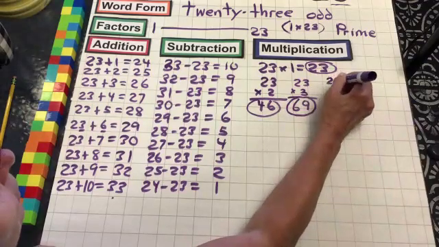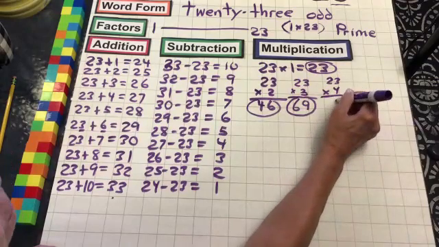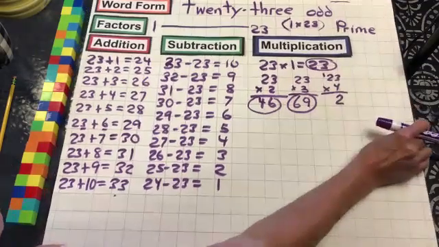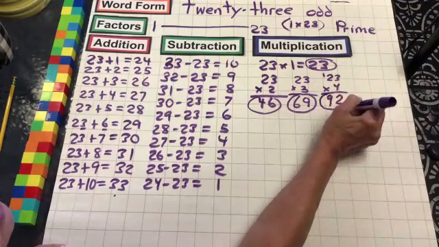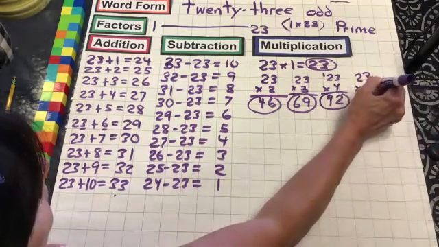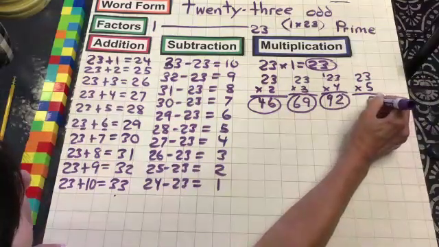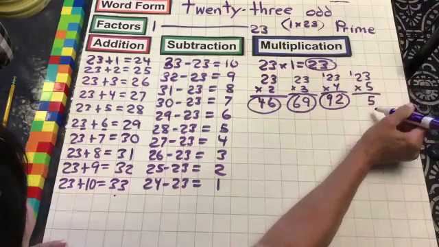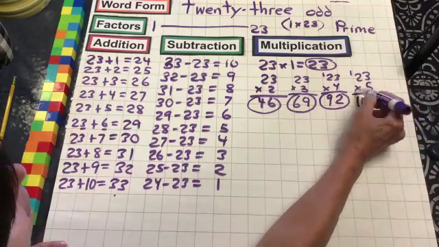Let's go on to 23 times 4. 4 times 3 is 12. We drop the 2, carry the 1. 4 times 2 is 8 plus 1 is 9. So 4 23s is 92. 23 times 5. 5 times 3 is 15. We drop the 5, carry the 1. 5 times 2 is 10, plus 1 is 11. So 5 23s is